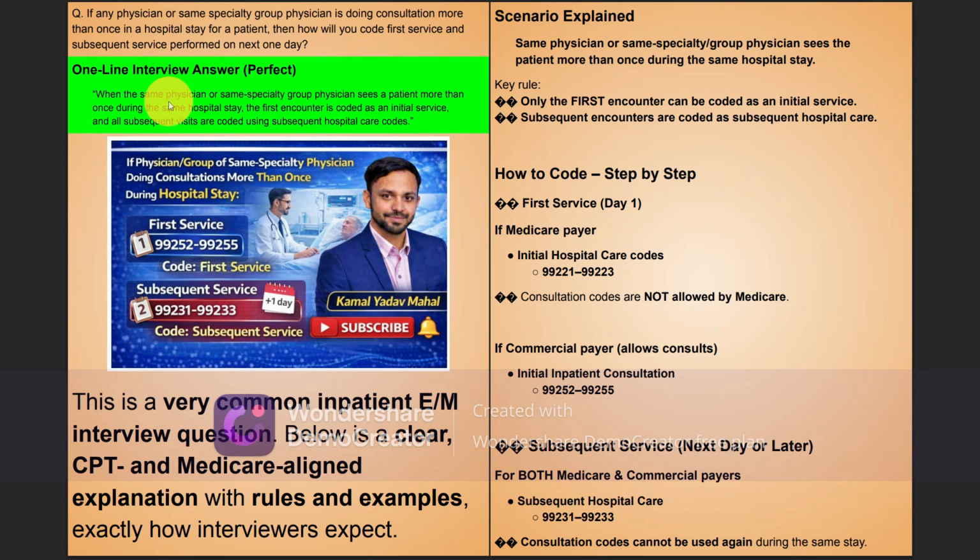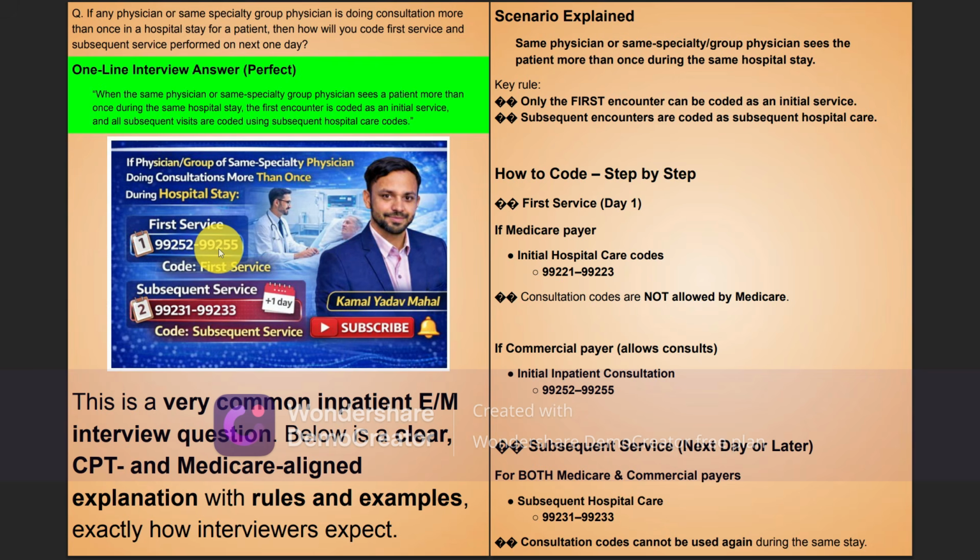When the same physician or same specialty group physicians see the patient more than once during the same hospital stay, the first encounter is coded as an initial service and subsequent visits are coded using subsequent care codes. Like first day we code the initial visit consultation code, second day we use the subsequent visit codes. See here, first services